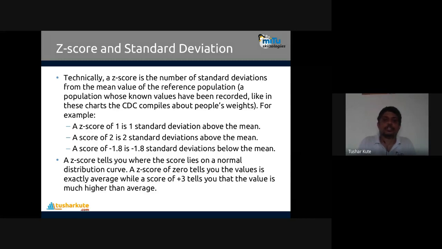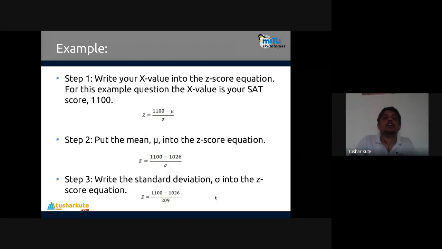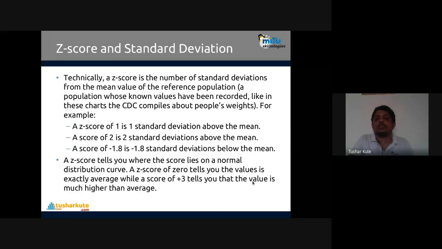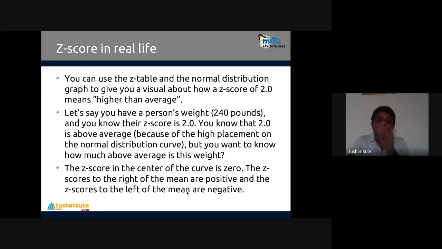Just check the formula here. Whatever marks you got, if exactly the same as the mean, obviously you are at the center, and this value will become 0. But if this value is less than it, it will go negative. We are dividing by the standard deviation, correct? Whatever difference we have from the mean, in units of standard deviation, that is what we are calculating, and with this we are interpreting the results. Fine. Plus 3 will be above the mean and much higher. This is how the deviation concept is connected with the Z score.